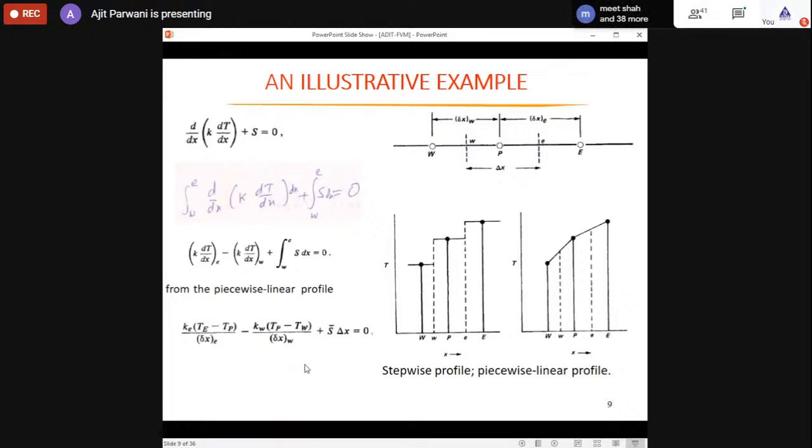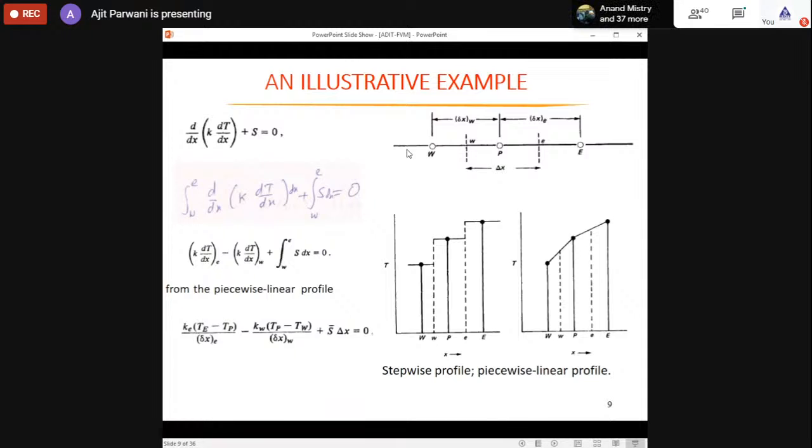So this is the easiest profile that you can choose. We have chosen, and by assumption of this linear profile, we can discretize this equation into this form. Now this term is the source term, which is a heat generation term. Normally the heat generation term is given per unit volume, right? For example, in a domain, this is the heat generation, and this is the heat which is generated per unit volume.